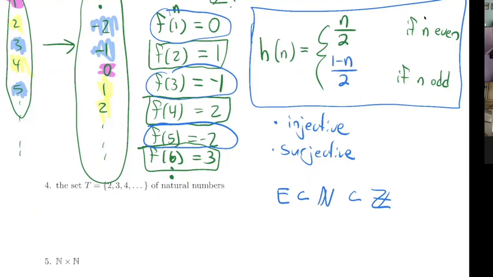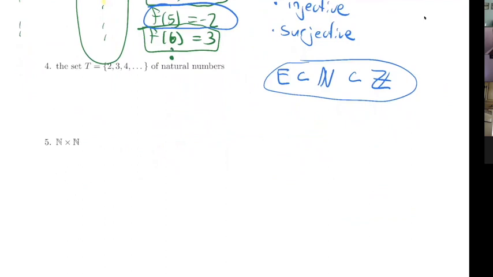So all of these sets over here we just proved are countably infinite. Okay, any questions?